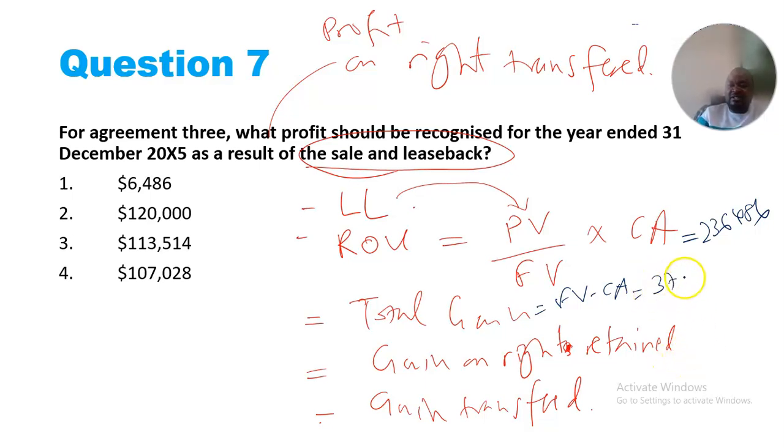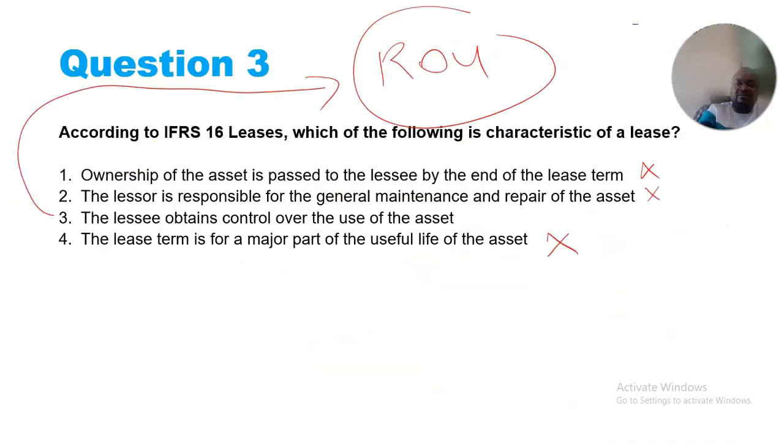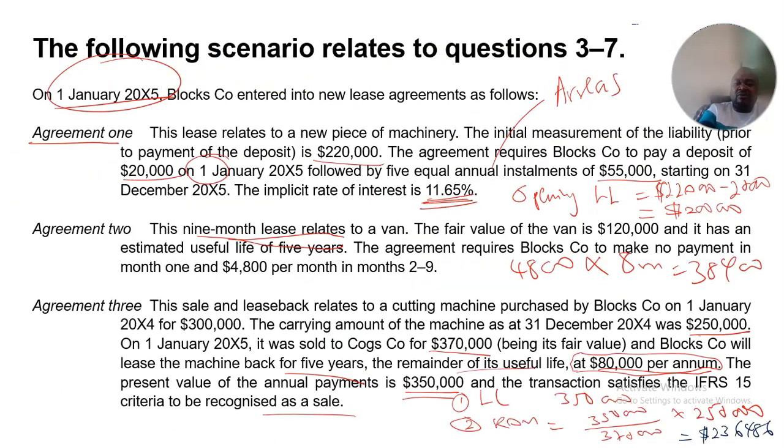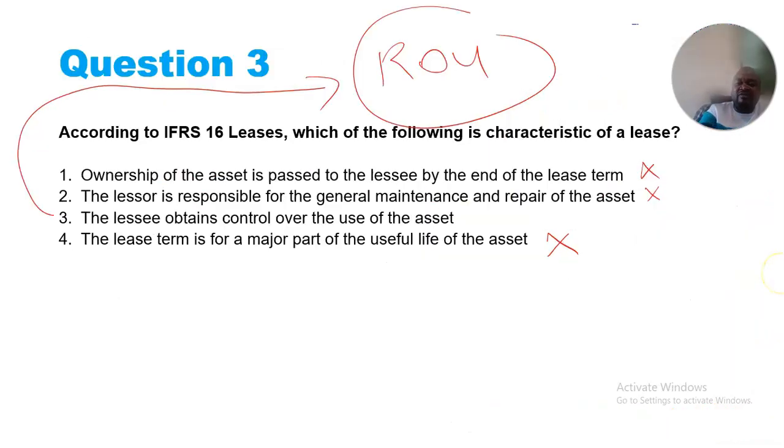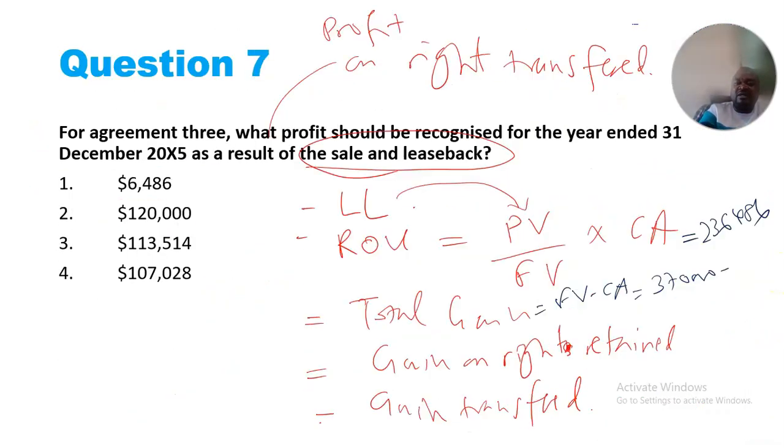So 370,000 minus the carrying amount, sorry again, the carrying amount was 250,000. So this means the overall gain is 370 minus 250,